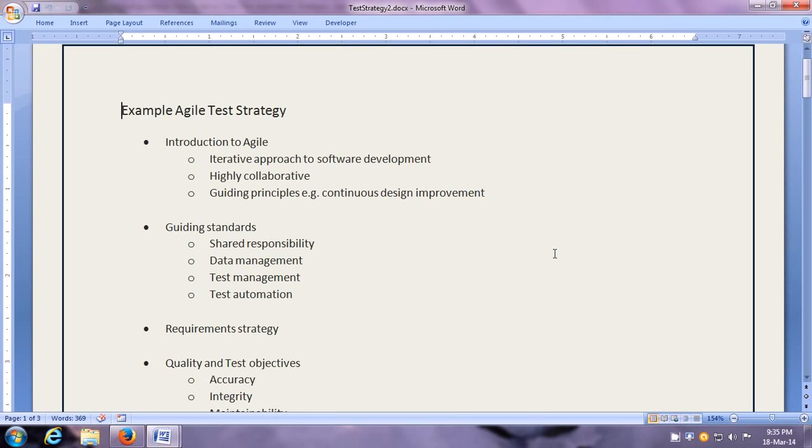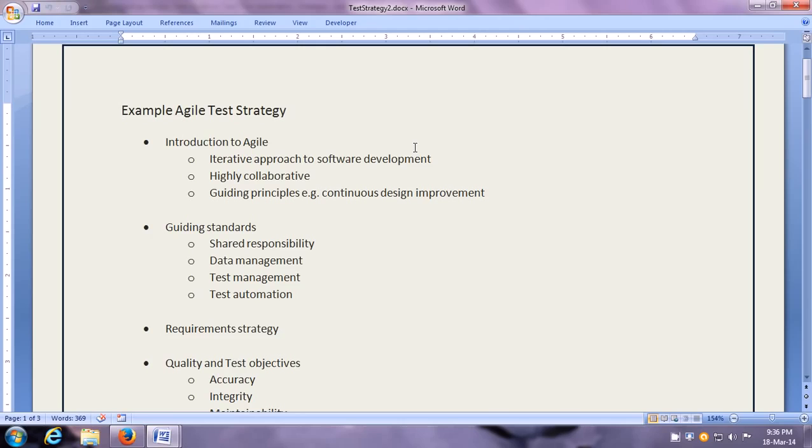Now let us look at each of these sections in more detail. So the first section is Introduction to Agile. These days, many projects are run using the Agile software development approach. So Agile is different from the waterfall software development lifecycle. The difference between Agile and waterfall is that Agile is an iterative approach to software development.